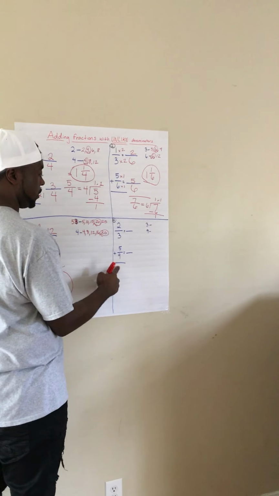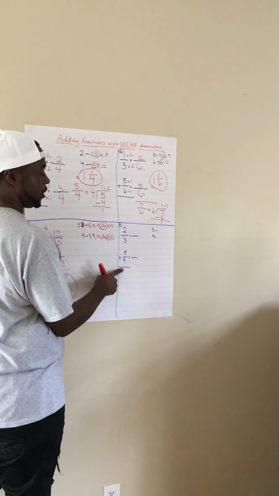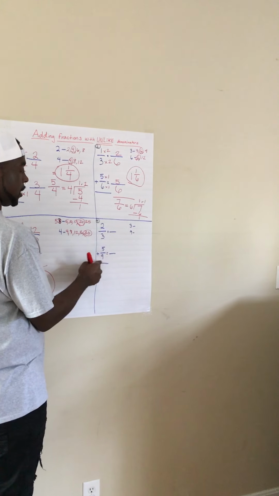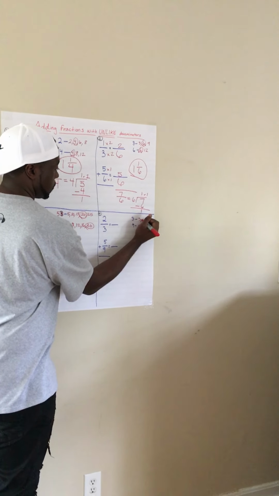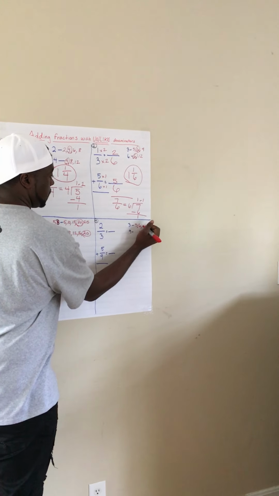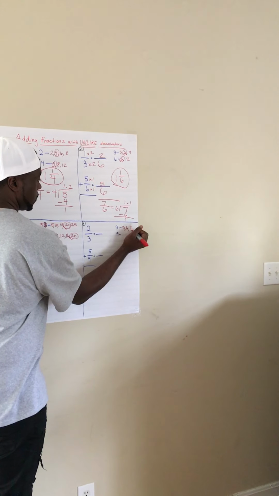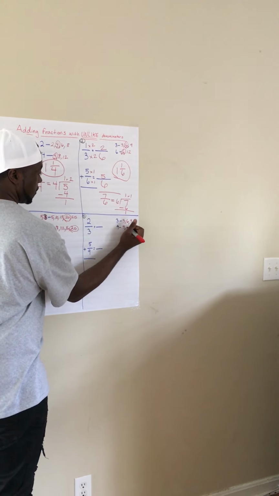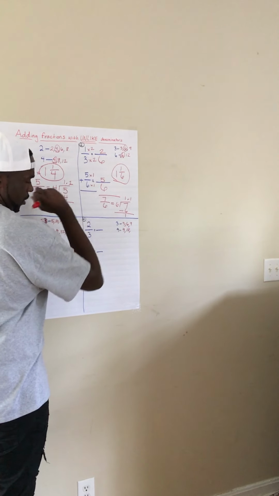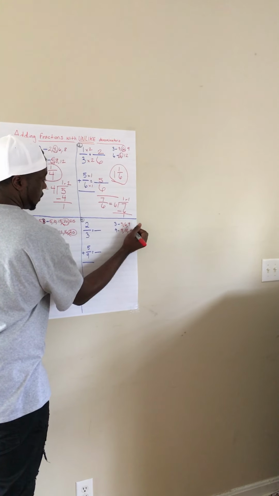2/3 plus 5/9. Of course, our denominators aren't the same, so we can't add them the regular way. We have to find a common denominator first. So we're going to find one. 3 times 1 equals 3. 3 times 2 equals 6. 3 times 3 equals 9. I'm going to stop right there. I'm going to come down here. 9 times 1 equals 9. 9 times 2 equals 18. 9 times 3 equals 27. I'm going to stop